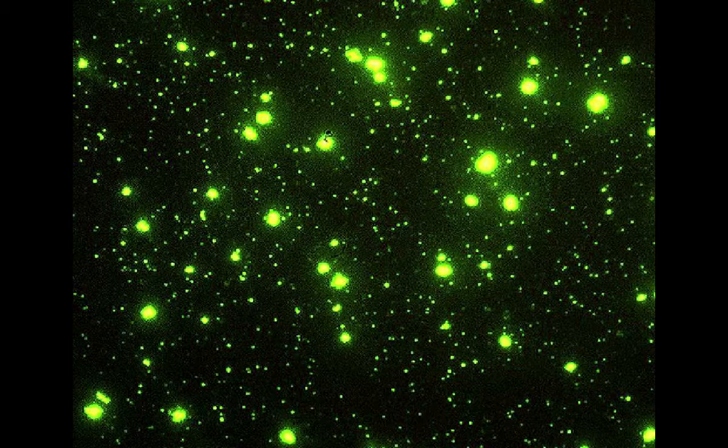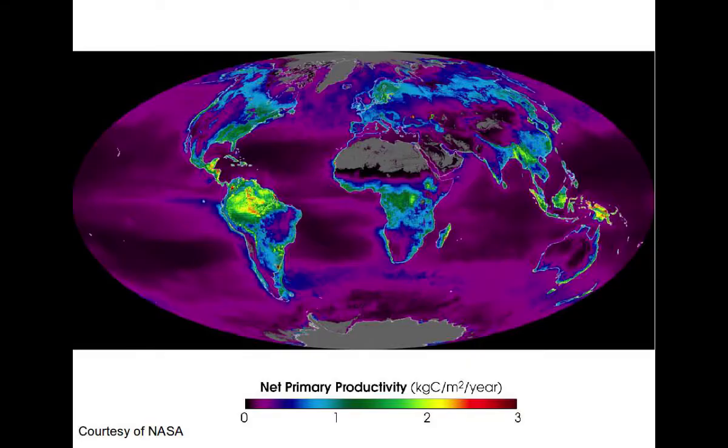So this is just 1 ml of seawater, no concentration. There's probably about 10 to the 7 viruses and bacteriophages in this seawater sample. And this is what I'm particularly interested in. And why am I interested in it? It's because of the ocean